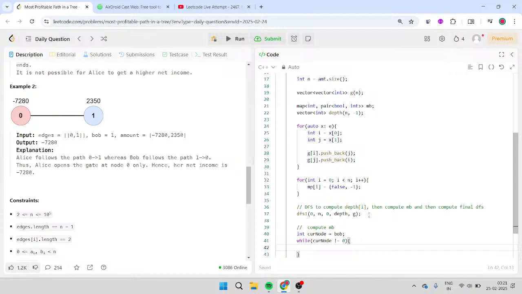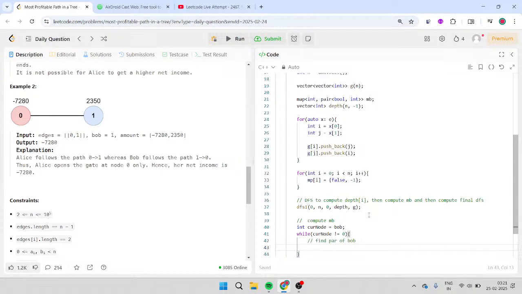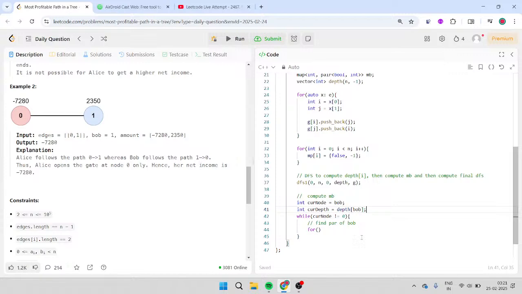What we have to do? We have to find the parent of Bob. Right, well, we have the depth of Bob. So we have integer current depth, so the depth of Bob. This is the current depth. For auto X inside G of current node,